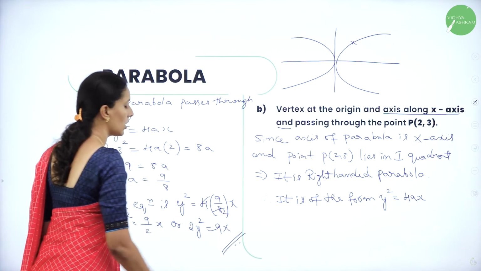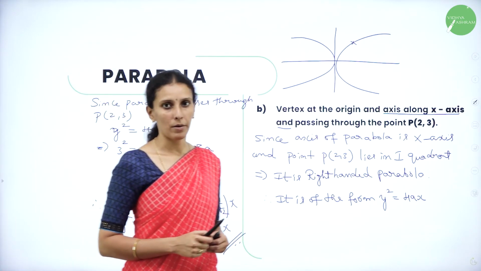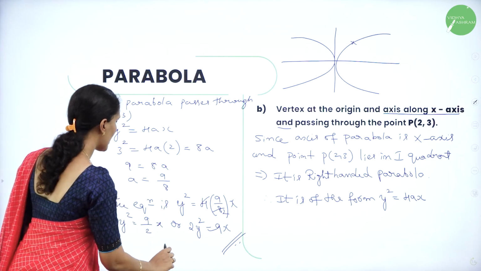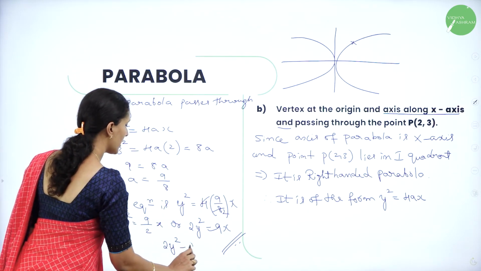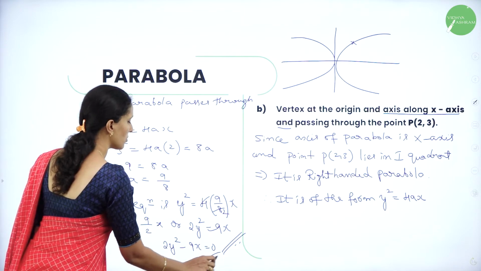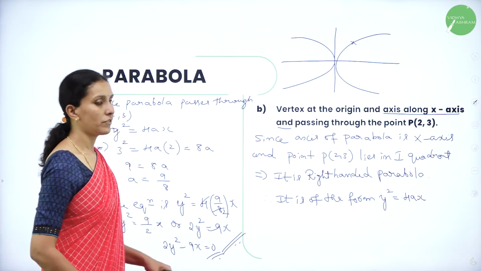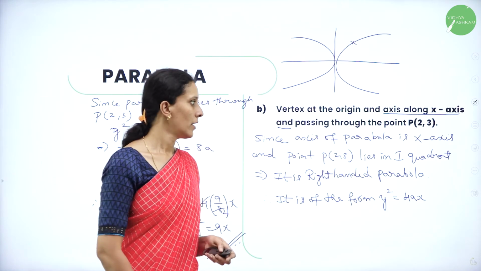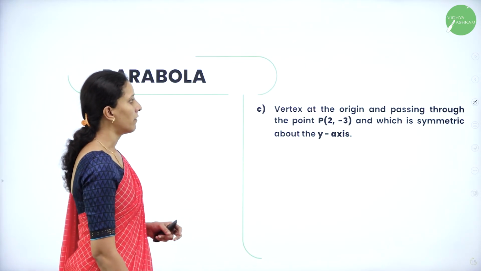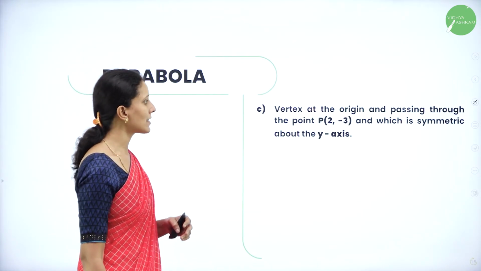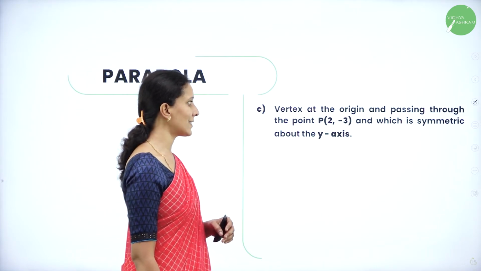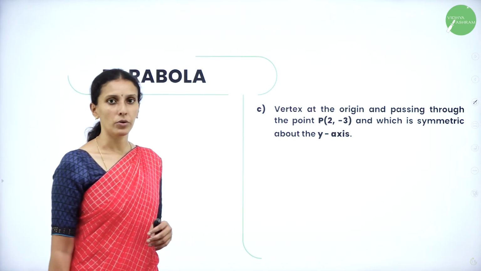So this is the equation of the required parabola. Or you can write this as 2y square minus 9x is equal to 0 also. So any of this kind is valid. Next question. Vertex at the origin and passing through the point (2, -3), and which is symmetric about the